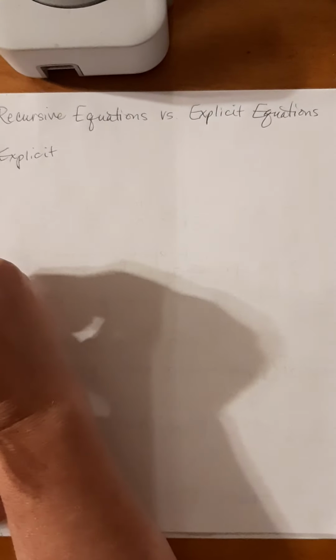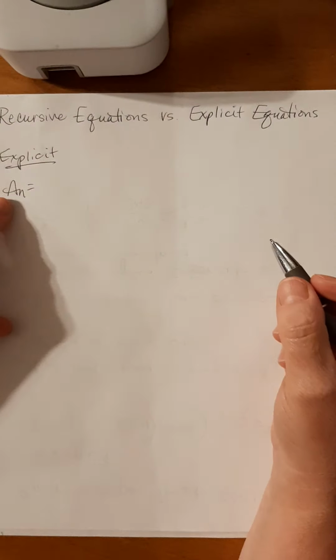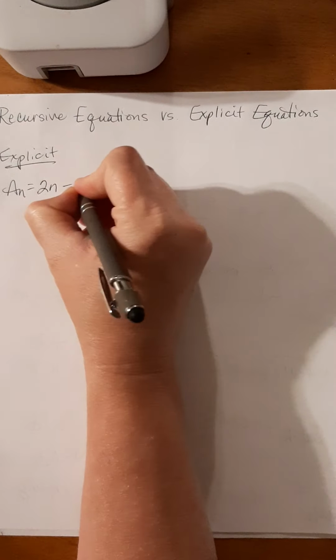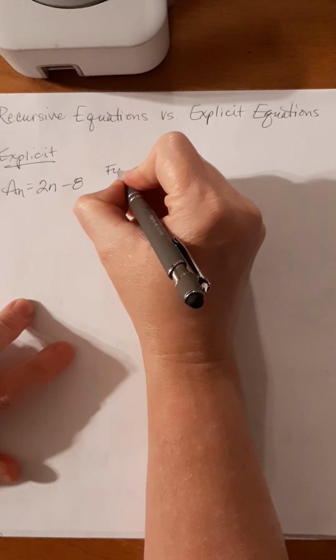Now, something about sequences, recursive and explicit equations. They both have their advantages, but if I had to choose one, I would definitely say explicit. Explicit is the type where, it's getting late. That looked weird, but explicit is one. Remember, a sub n just stands for sequence. If I gave you something like 2n minus 8, and if I said find the first three terms,